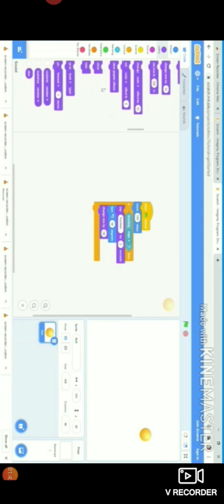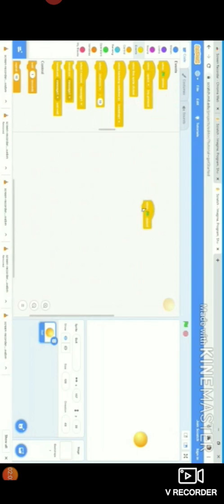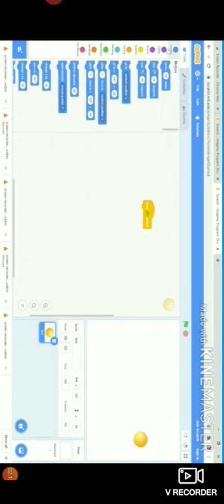Add the ball sprite, click the ball sprite and then the scripts tab. Click the events category and drag the block to the script area. Click the motion category of blocks, drag and place the block to the script area and type 40 in the number box. Then click the control category of blocks, drag the control category block to the script area and stack it. Then the if then else block.